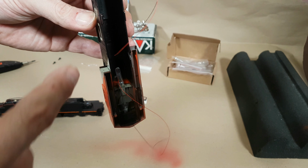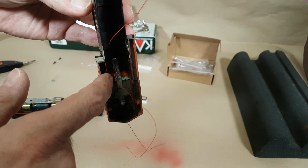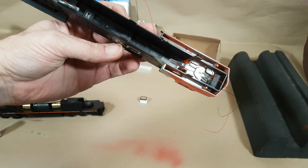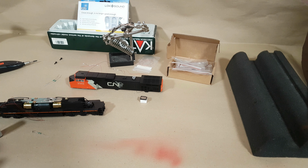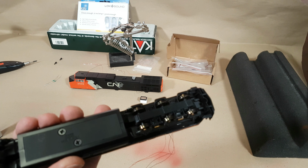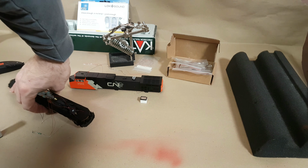So within there you can see what I did. I basically just tacked it on the end, added some CA on top of that, and then put it back in. So for the most part I was able to use the front and rear light tubes, right? And so that's not too bad. And again, I basically cut the ends off these and polished them down, and did the same procedure. I don't really think you'll be able to see that under there, but since I do have the leads tinned, I'll give you a look at